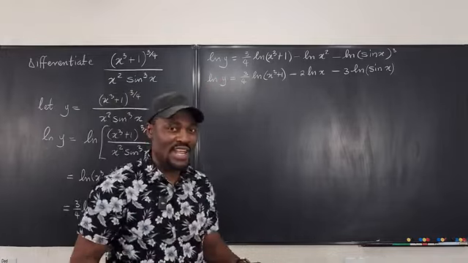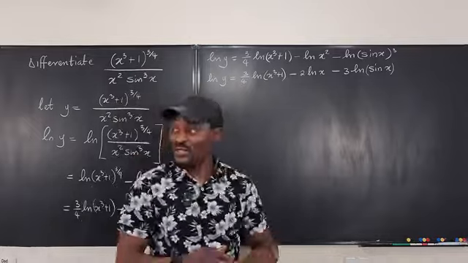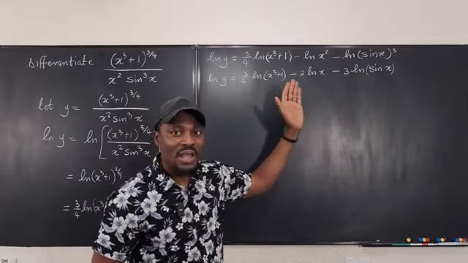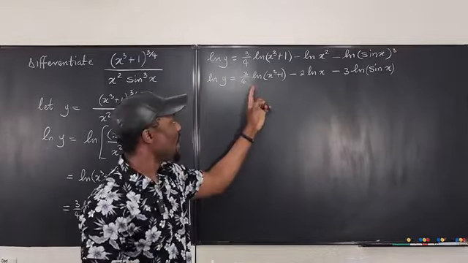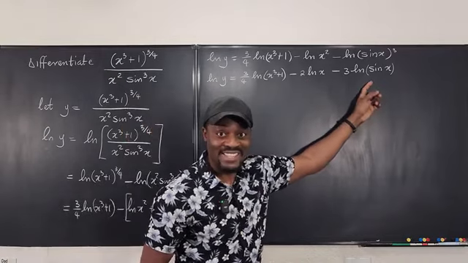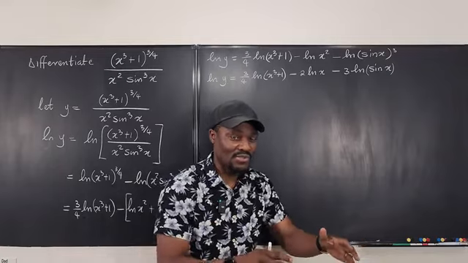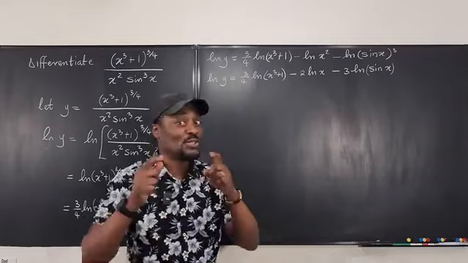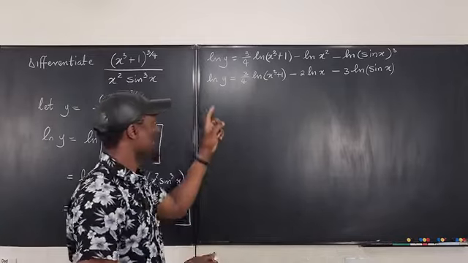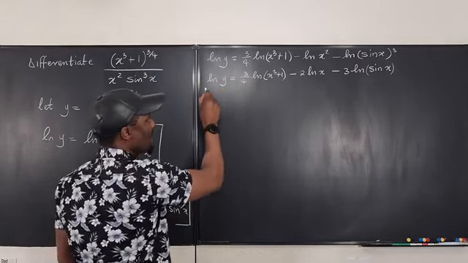I have not done any differentiation, but I have chosen to rewrite this weird combination as something I can tackle one after the other. The question is, do I know how to differentiate this? Yes. What about this? Yes. What about this? Yes. And what's the rule for differentiation? For natural log functions, what I tell myself, which you should tell yourself, is it is the derivative of the argument divided by the argument. So if I differentiate,